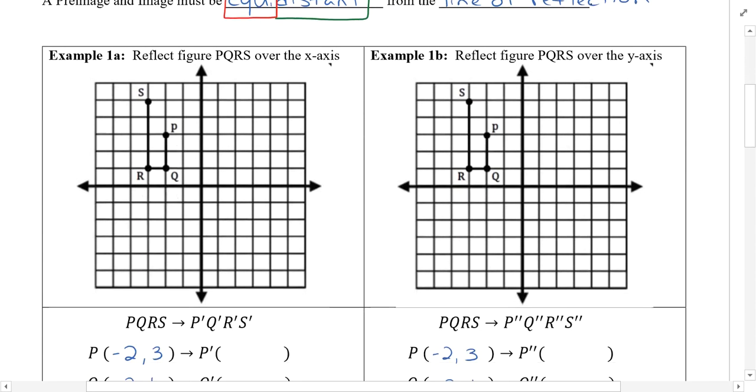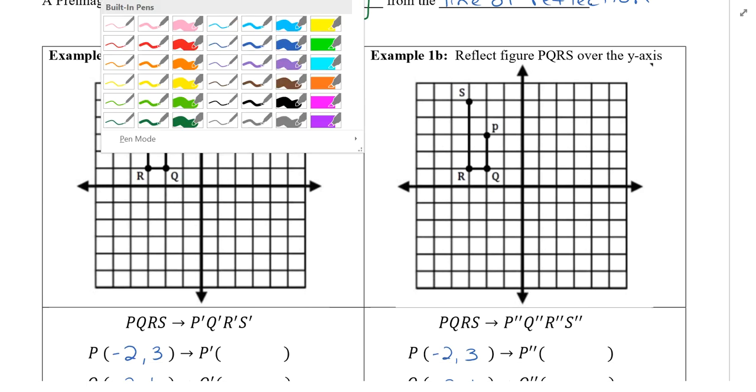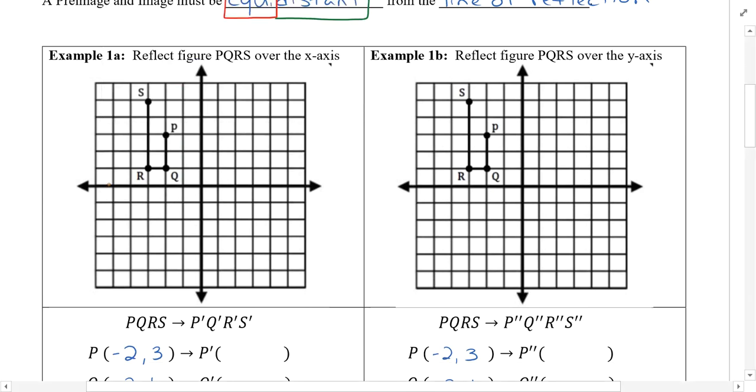So there can be an infinite amount of lines of reflection. The main two that we're going to talk about right now are the x and the y-axis. So if the x-axis is our line of reflection, remember the x-axis runs horizontal on our coordinate grid. And so to reflect our figure PQRS across the x-axis, we need to make sure that our points are equidistant